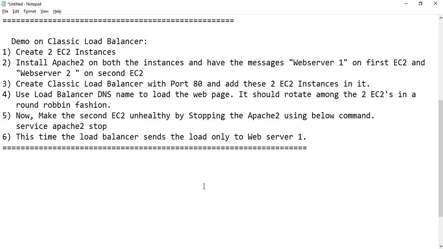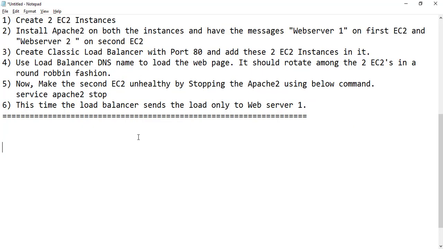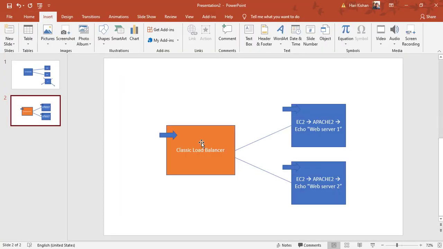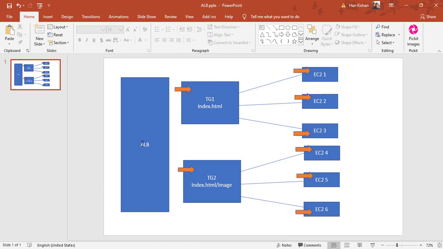It has something called target groups. Very important topic here, which is target groups. We can set some target groups, which will be a logical collection of all the EC2s. Earlier in the classic load balancer there was nothing here; we were directly connecting all the EC2s to the load balancer. Here we will have a load balancer and then target groups, and we can route to these particular web servers based on some conditions.